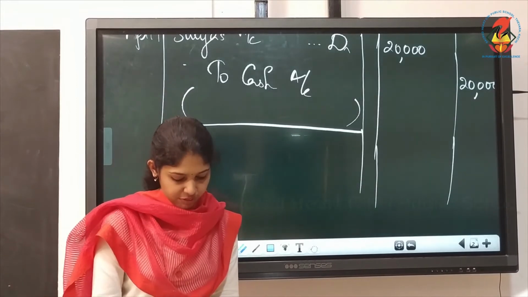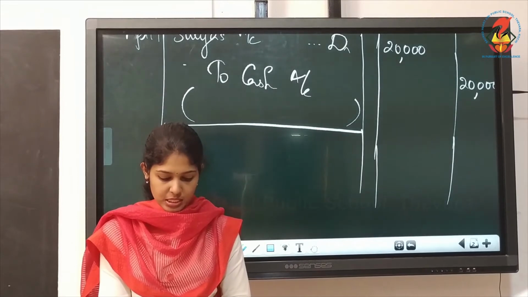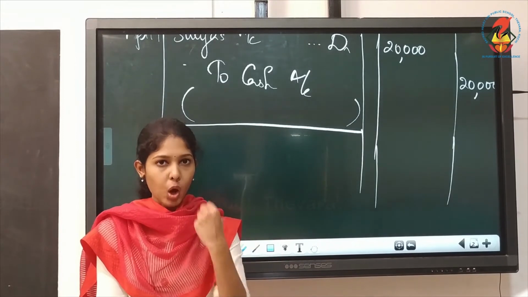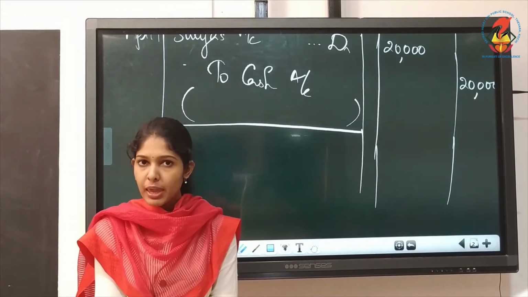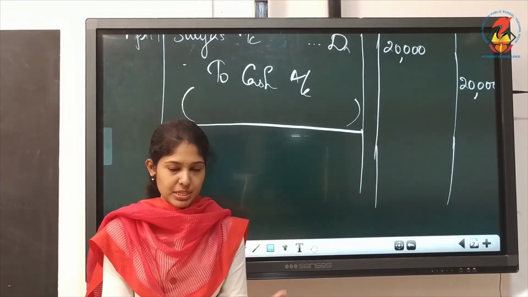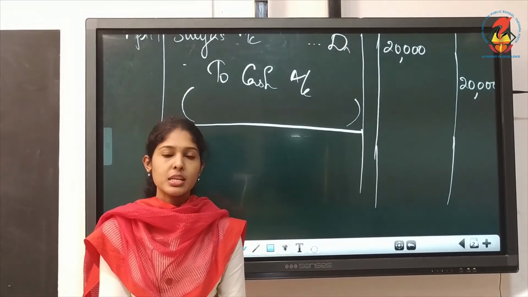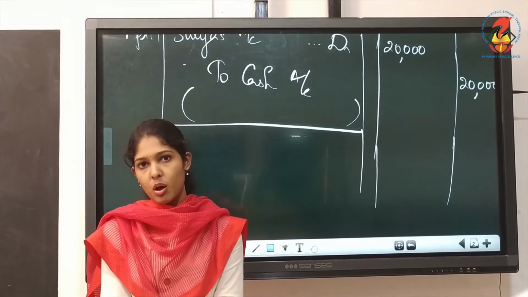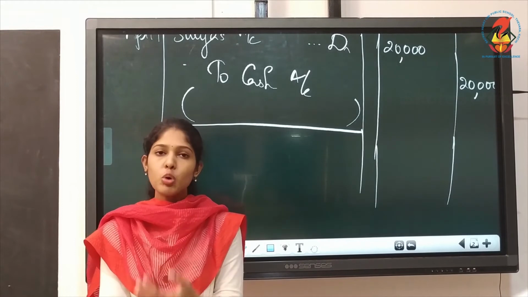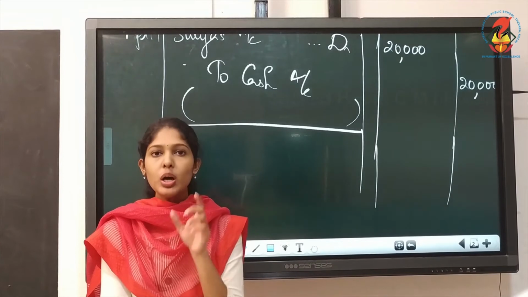Then April 21st received loan from Anil and deposited the same into bank. Okay, so we are receiving a loan from Anil. That means you borrowed some amount and that amount you are putting into the bank account. So bank account will be debited. So bank account debtor to, this is receipt from Anil, isn't it? So you must write to Anil's loan account. That is a kind of liability. You will have to pay this amount later to Anil. So that is a liability. It's to be credited. So bank account debtor to Anil's loan account.